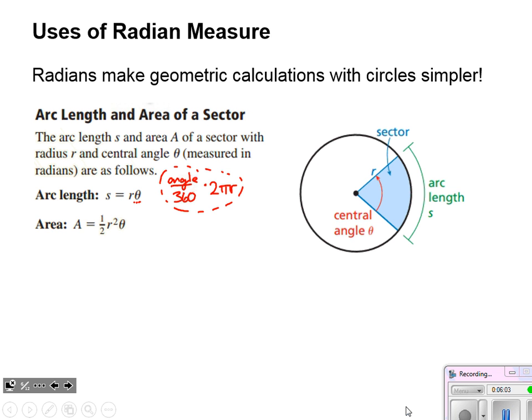And the same goes for area. It's pi r squared for area, and then some fraction of that. Again, if you're in my geometry class, this is what we're doing: our central angle over 360 times pi r squared. Well, now you can see we don't have a fraction of a 2 pi circle, so that's why they need the 1/2 in there to balance it out. But we still have our radius squared, and then the theta is taking care of all that fraction work. You get much simpler geometry formulas when we're working in radians, and that's why we have them.